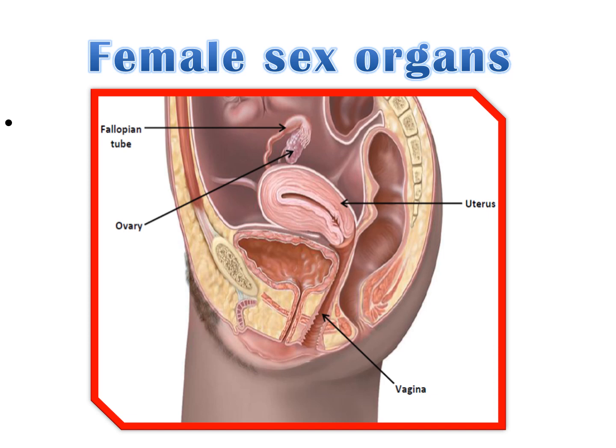And again, as we discussed before, there is the external genitalia, which is known as vulva, and the vulva is composed of clitoris, labia majora, and labia minora. Okay, so